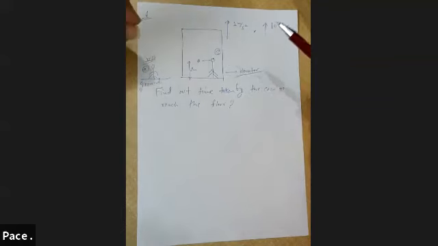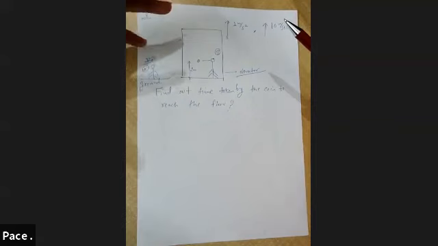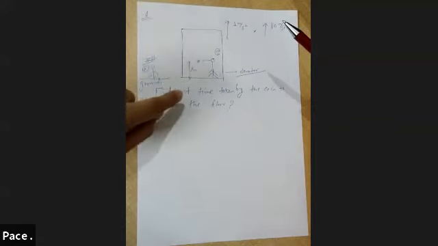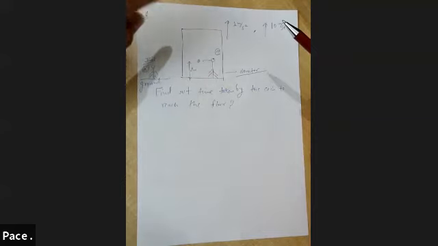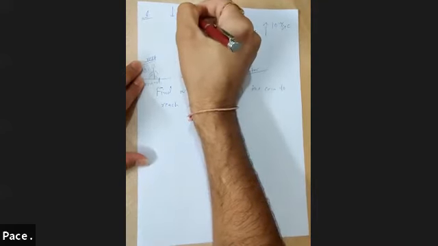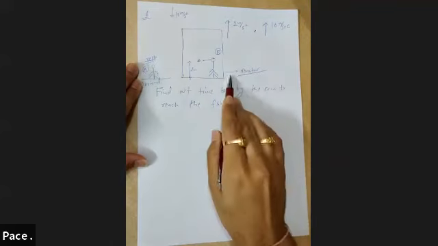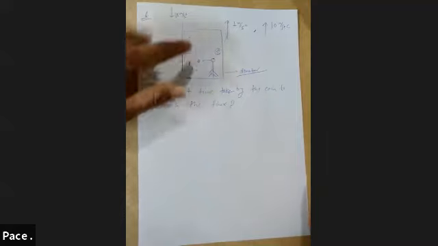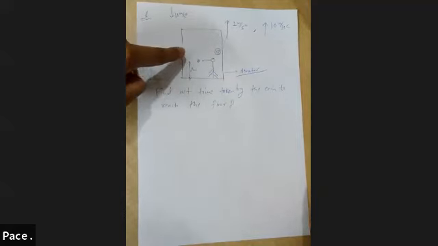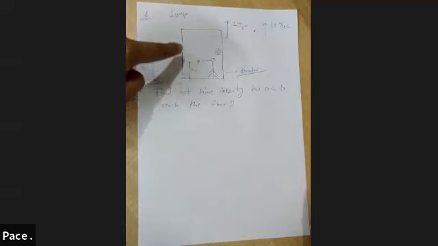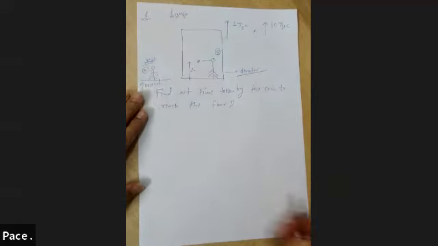So when this man B drops a coin from a height of 2 meter from the floor, the lift is already going up, and the coin would come down. Why? Because of free fall. Acceleration due to gravity is still acting, and the value is given as 10 meter per second square. This one is the elevator, this one is man B. So let's keep one of them at rest. Let's keep the elevator at rest and study the motion of the coin.